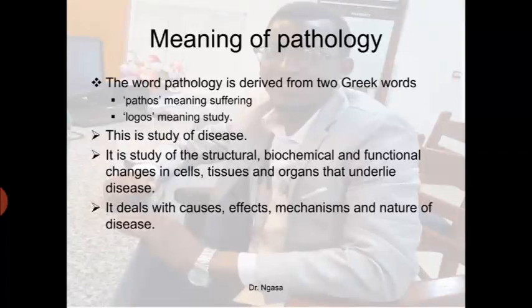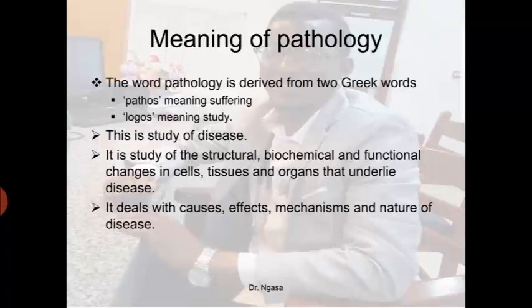The word pathology itself is derived from 2 Greek words, which are pathos and logos. Pathos meaning suffering and logos meaning study. So the term pathology, as it stands, means the study of suffering, or simply you may say it's the study of diseases. So pathology is the study of structural, biochemical, and functional changes in cells, tissues, and organs that underlie